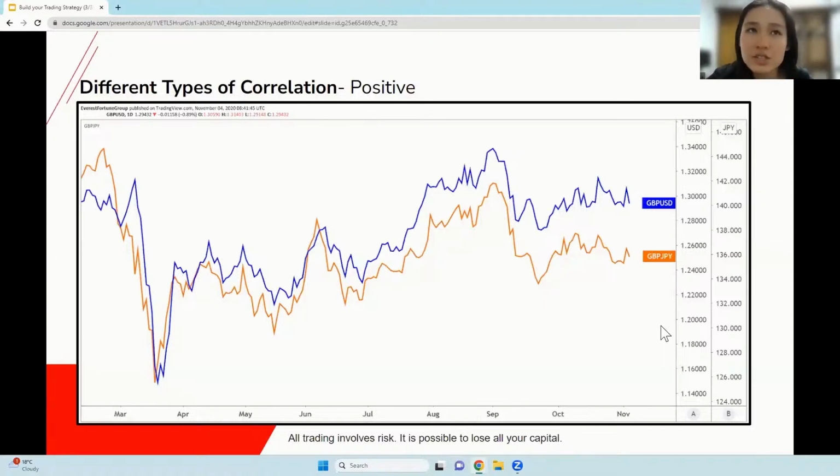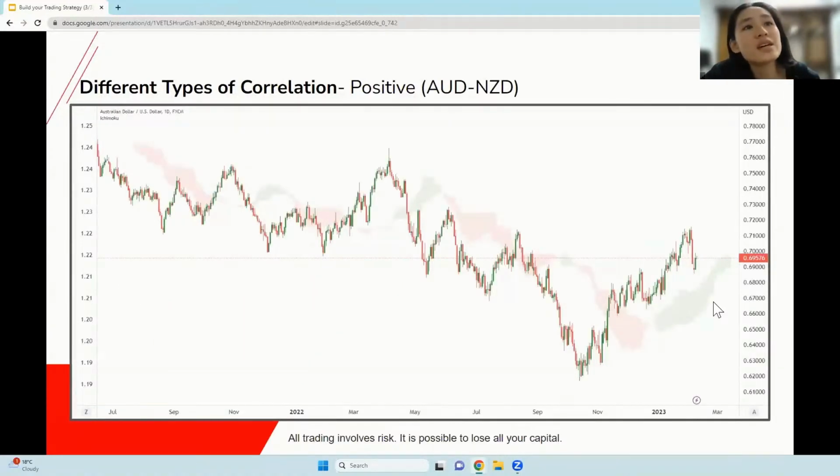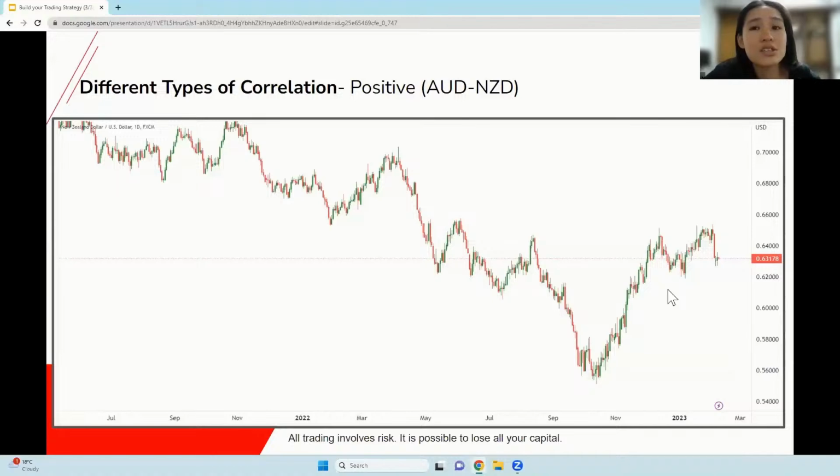Okay, but of course things do change and it's important to look at your fundamentals as well, which is why before you do this, it's important to look at the MyFXBook correlation analysis so that you know exactly how correlated it is. Okay, another example, Kiwi dollar and Japanese yen, as well as the Aussie dollar and Japanese yen. You can see once again that it's very positively correlated. Another example, Kiwi dollar and Aussie dollar. You can see it's pretty much the same.